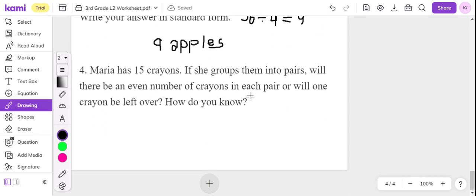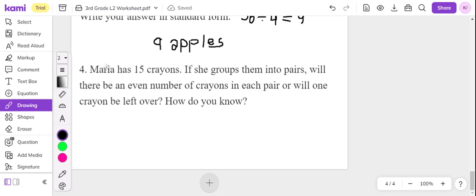Alright, last one. Maria has 15 crayons. If she groups them into pairs, will there be an even number of crayons in each pair, or will 1 crayon be left over? How do you know? Alright, so we have about 2 ways of answering this question. We can either say that 15 is not an even number, so there would be 1 crayon left over, or